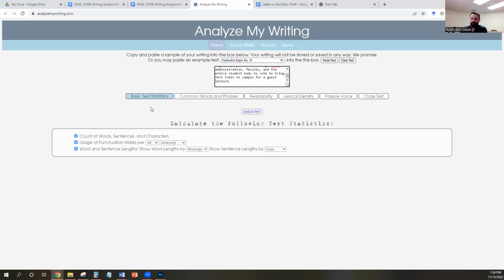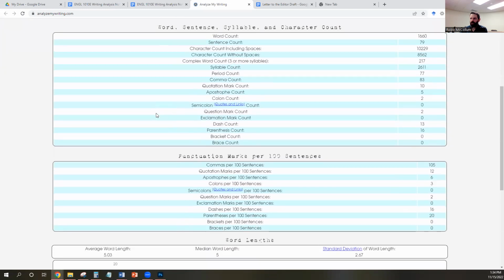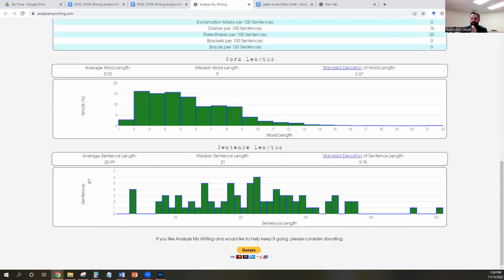Now, the first set of statistics we want are these basic text statistics. Once you've got that selected, you can click the Analyze Text button. Most of this data we're not particularly interested in. What we really want to know is the information that's presented in these two bar charts at the bottom. So if we go back and we look at